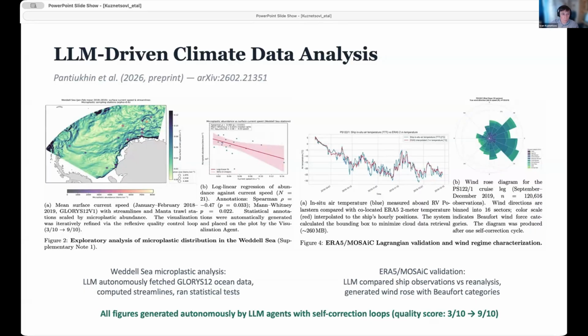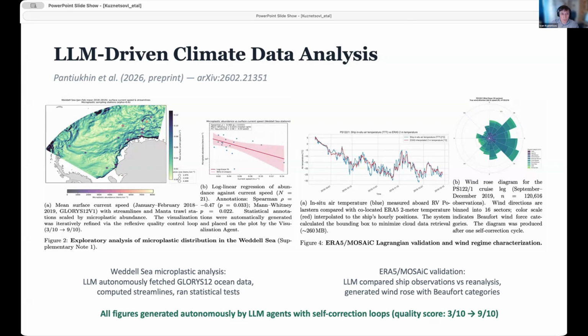Let me now show one published example of what those systems can produce. Those figures came from a paper by Pantuchin and colleagues. The system includes a quality control loop that lets it critique and improve its own output. On the left, the agent analyzes microplastic distribution in the Waddle Sea. It retrieves ocean data, calculates surface currents, adds the sampling station, adds a test and relation between microplastic abundance and current